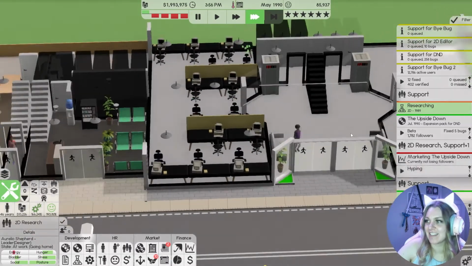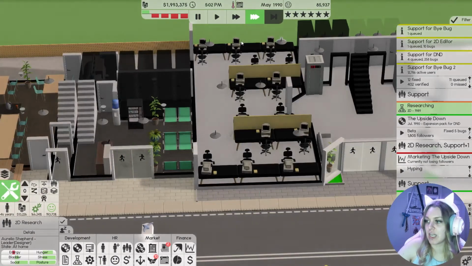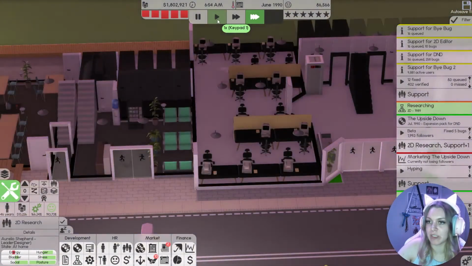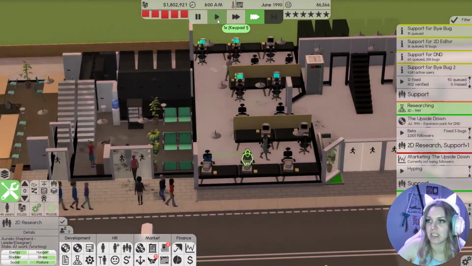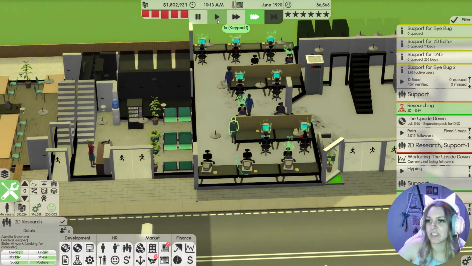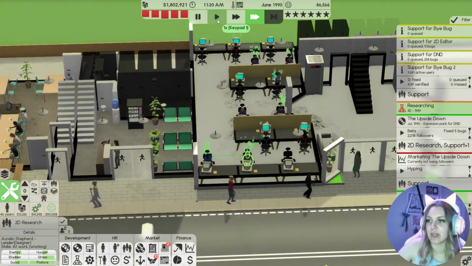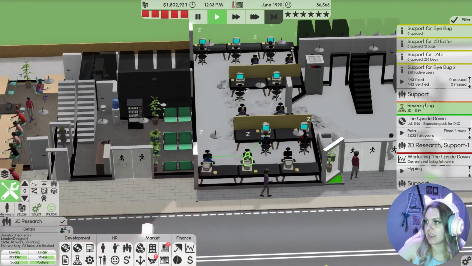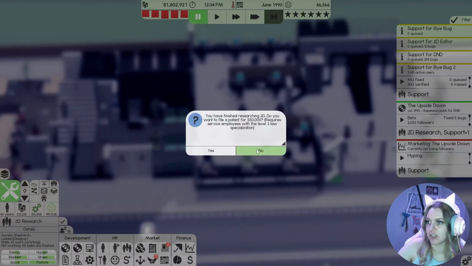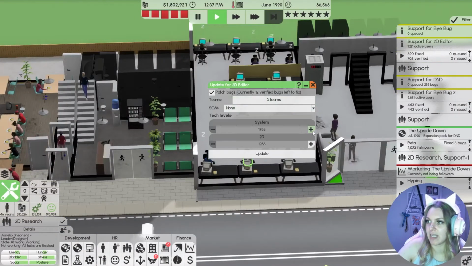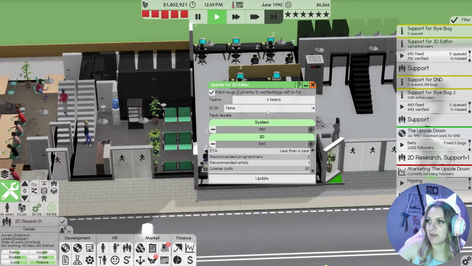But we do need to start thinking about expanding our gaming department, getting them their own building so we can have our service building as well as our gaming building. Oh, there we go, finish that. Go ahead, finish researching. Do we want to patent it? No, we do not, but we do want to update our 2D with it, which is a huge jump, which is awesome.